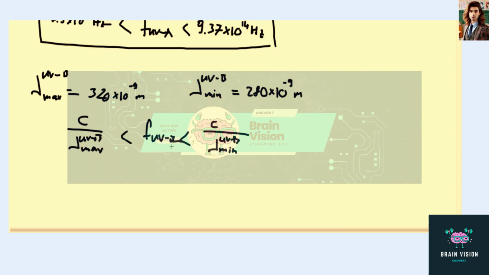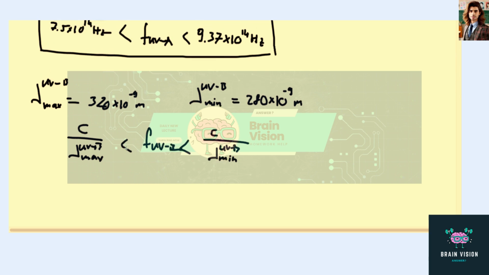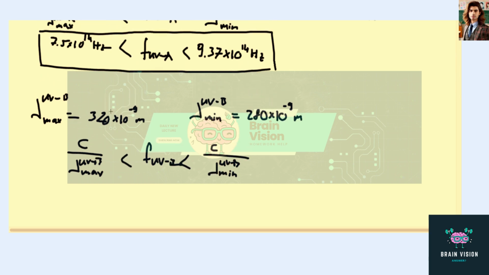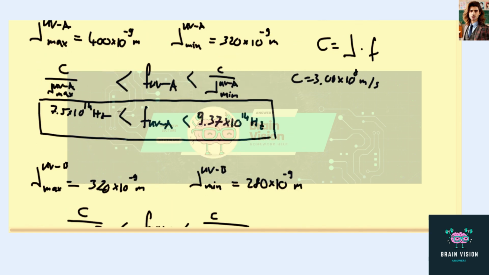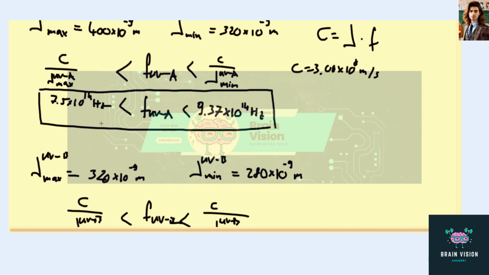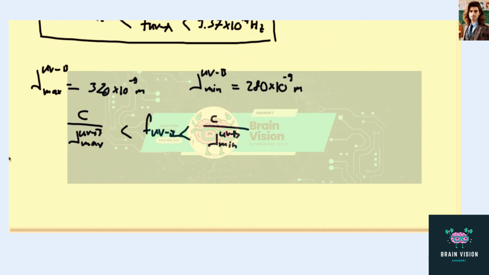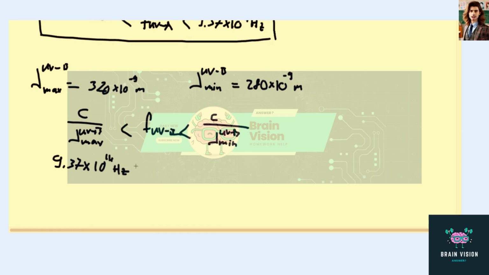And here you know that the maximum is corresponding to the same as the minimum of the UVA, so you know that it's the same value. So this is 9.37 times 10 to the 14 hertz. So that's the minimum frequency for UVB